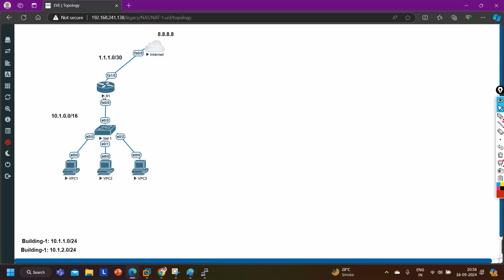So guys, in this scenario, if I configure a static NAT, how many public IP addresses are required? If I have 3 PCs, then I need three public IP addresses, right? But as you know, in real time we can have lots of PCs, 1000 PCs. So can I purchase 1000 public IP addresses? No. Then where are we going to use a static NAT? Guys, we use a static NAT to provide access to our server to outside users, to the internet.